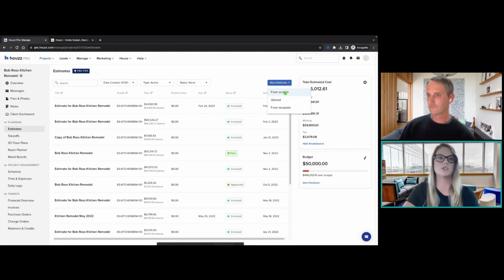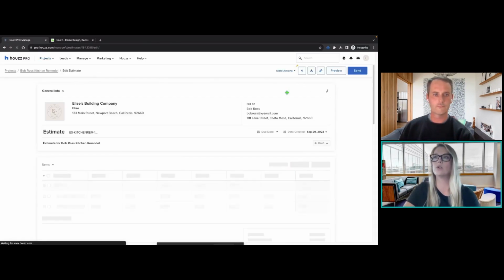So there's a couple options for you when you're creating an estimate. You can either use one of our templates, which are those system templates I just showed you in the template page. There's also a way to upload. So if you have an estimate, let's say a PDF that you're already working on and you want to upload that and share it through the Houzz Pro system, you can do that. You can also create an estimate from scratch. So if you wanted to create one from scratch, you just select that option and that will load a blank